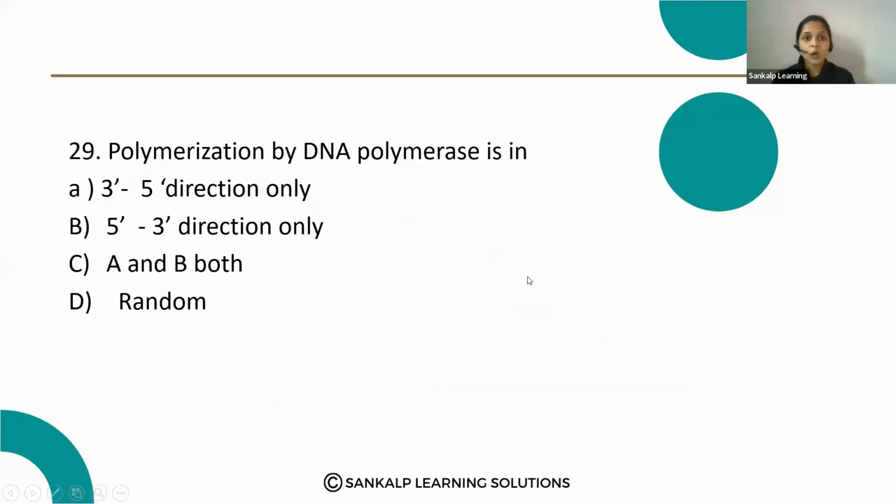Next question. Polymerization by DNA polymerase is in. So that is also the same question. Polymerization by DNA polymerase. What does DNA polymerase do? That adds the nucleotides during the synthesis of the new strand. Right? Look here, I will take,